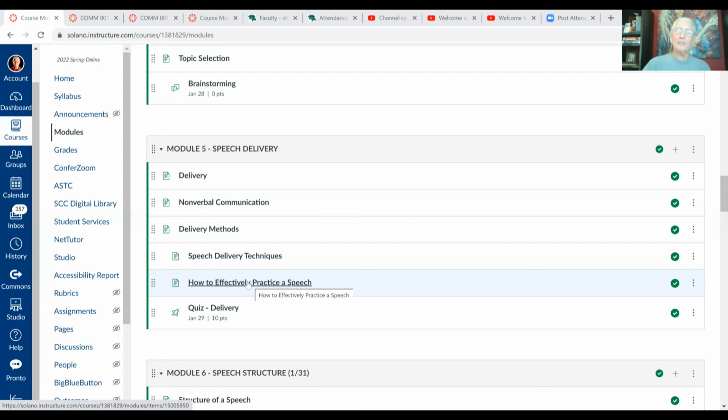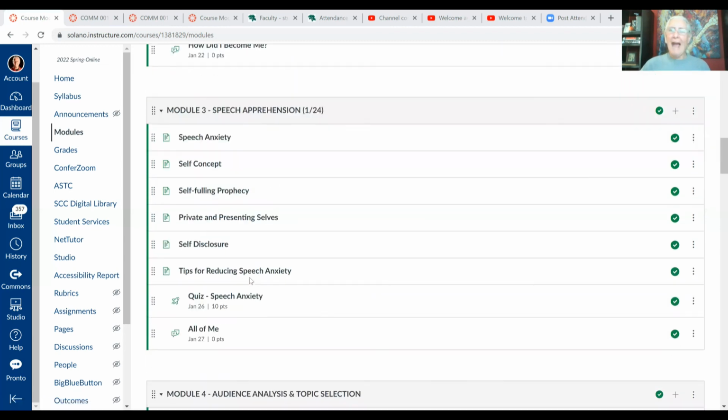So that constant repetition, practicing your speech out loud so you hear yourself say the words, you get comfortable with the overall phrasing. You want to make sure that you learn how to do that effectively, because obviously the more effective you are in practicing your speech, the better you're going to be able to perform when you present that speech as well.